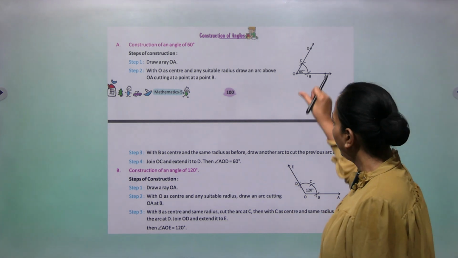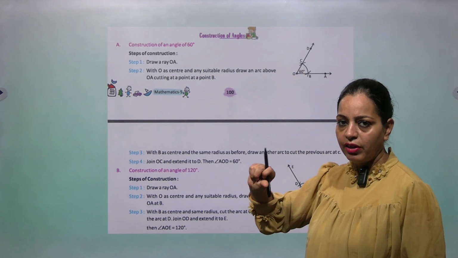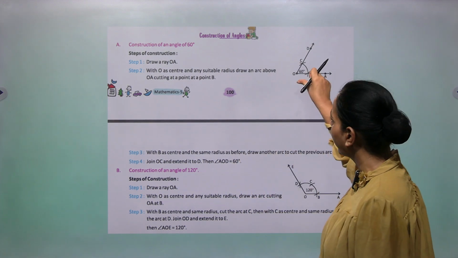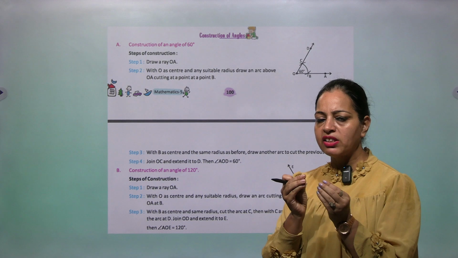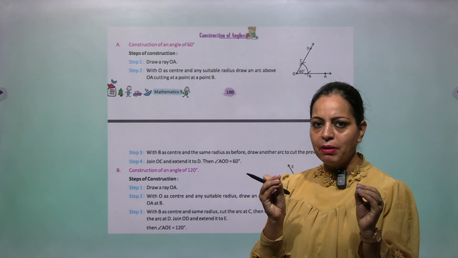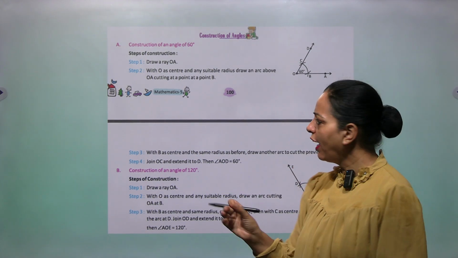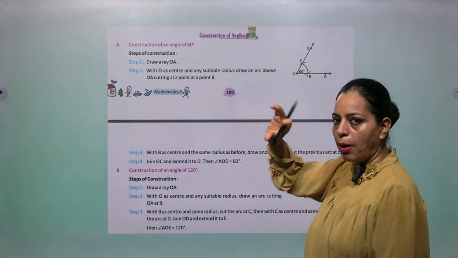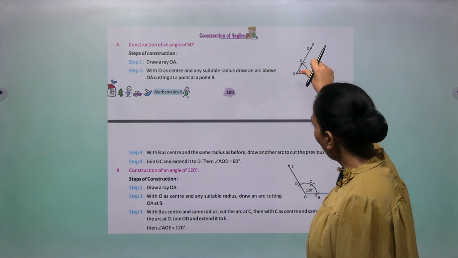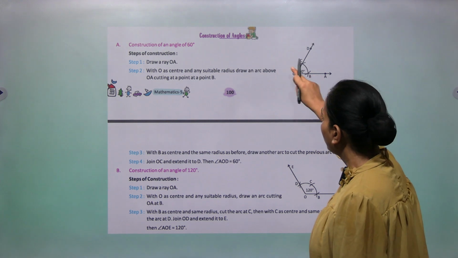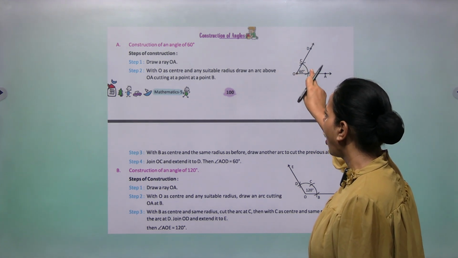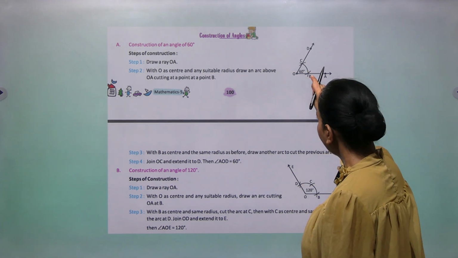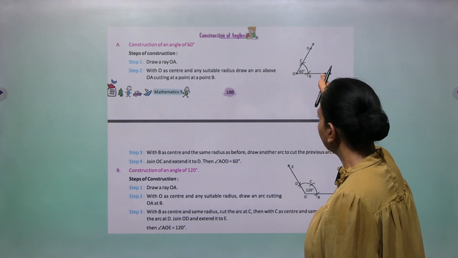अब आपने क्या करना है, O को सेंटर लेके यानी कंपास को हम O पे रखेंगे और एक सुटेबल रेडियस, मींस ना ज्यादा स्मॉल ना ज्यादा बिग, ओके, मीडियम साइज में उसको ओपन करेंगे, एंड विद द हेल्प ऑफ कंपास सेंटर O पे हमने कंपास फिक्स कर दी एंड वी आर ड्रॉइंग एन आर्क लाइक दिस. अब जो आर्क है यू कैन सी इट इज कटिंग एट द बेस,